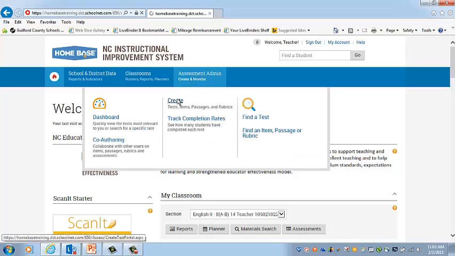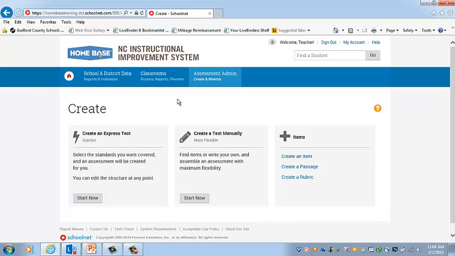on the Create link, and this brings us up to the Create window. Here you will actually see where you can click on Create a Test manually, or you can also, in the Assessment Admin tab, create an express test from here too. So for this example, we're going to create a manual test and we're going to click on the Start Now